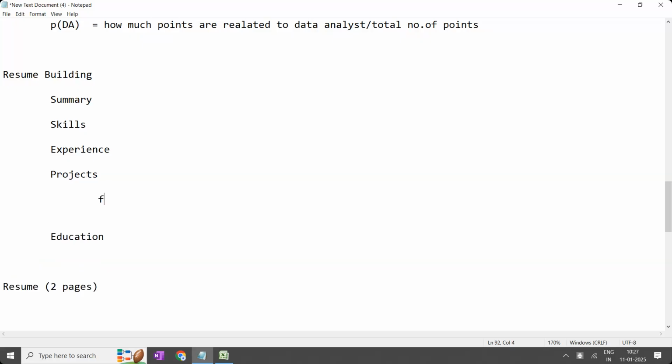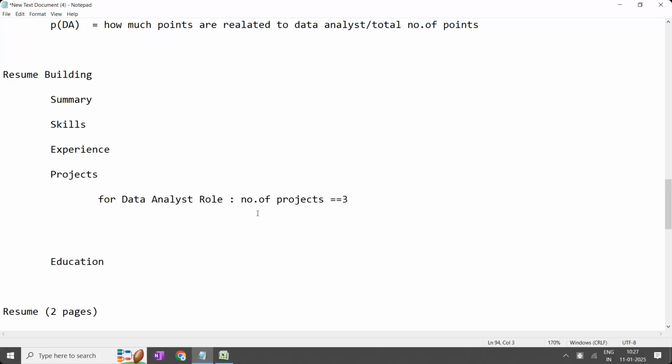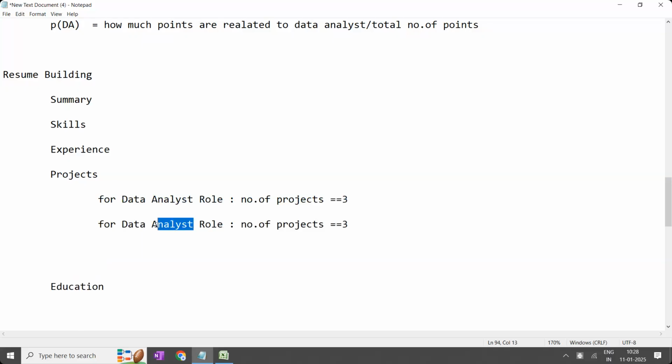If you are applying for any data analyst role, the number of projects should be 3. If you are applying for a data scientist role, then this is not the right one. That is different. According to the role, we have to write the resume. For every role, the same resume we should not forward.